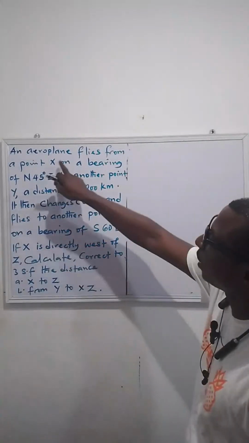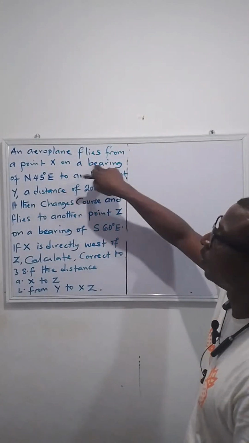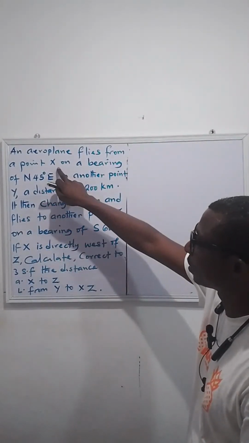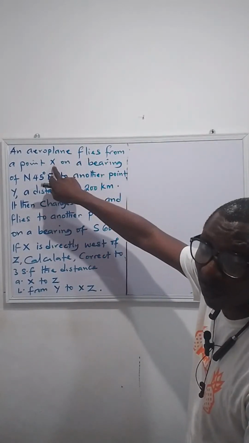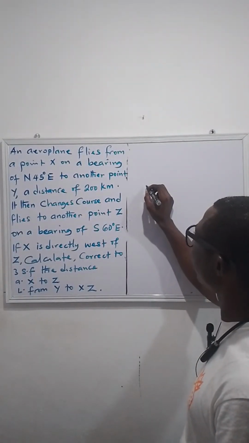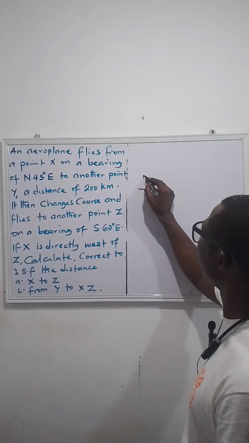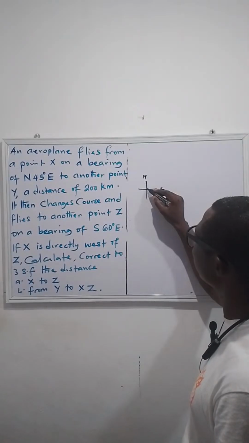Now let's look at it. An aeroplane flies from a point X on a bearing of this. That means the first point I'm drawing here is X, because the aeroplane starts flying from point X, and that is going to be here. Okay, this is my north and this is my east. So it's moving